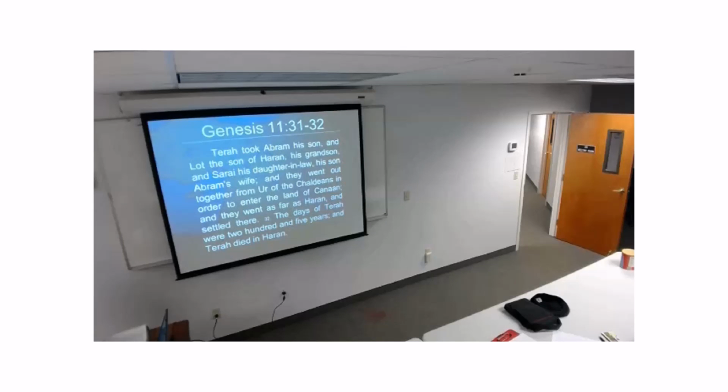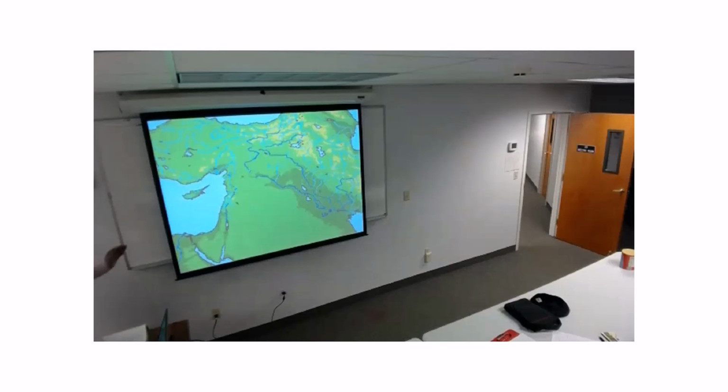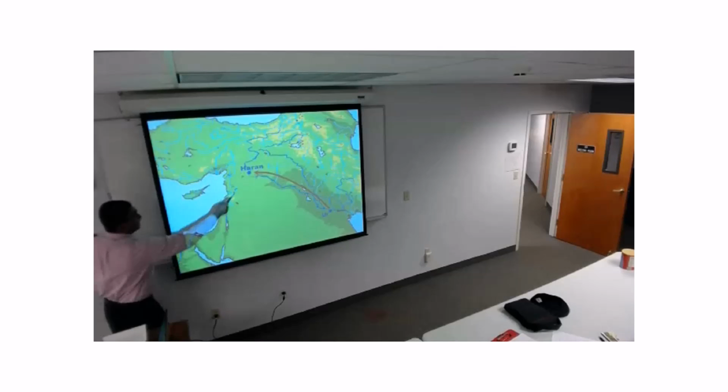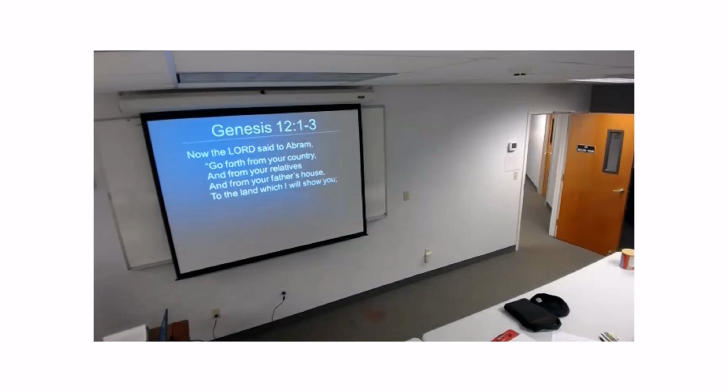So this is the map. So you have Ur, somewhat further south than Babel, and then he goes all the way up to Haran on the north, going up the Fertile Crescent, but doesn't come down to Canaan on this side. And you will see that Abraham will continue that journey further down. And with Genesis 12, you have the call of Abraham, where God tells Abraham, leave your country and your father's house to the land that I will show you. The word for country there is Aretz. You might have heard this.